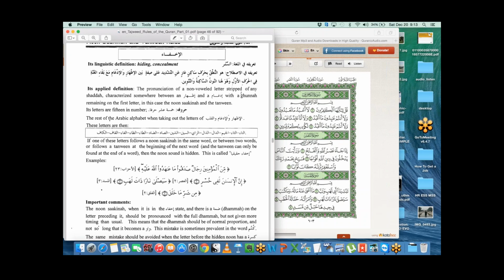After you take out the 13 letters, all the rest of them are what is known as ikhfa, where you basically, ikhfa means hiding or concealment, so you don't pronounce the noon or the tanween. Tanween also has the noon sound, an, in, un, so you don't pronounce the noon part of it, but you do pronounce the ghunna.